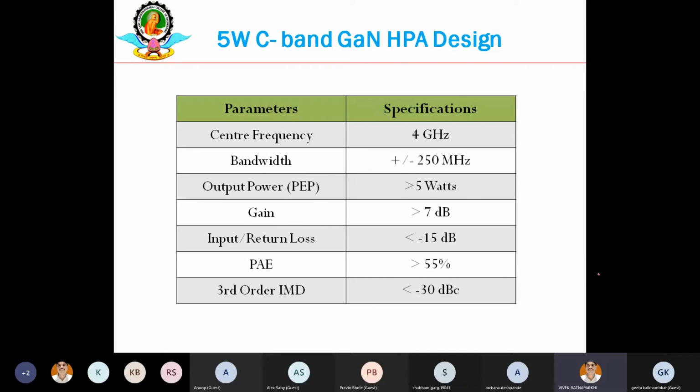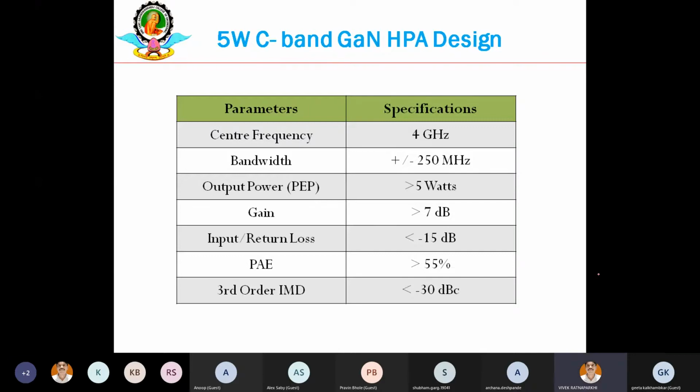amplifier. Now, with the brief, only 10-15 minutes I took, I started from the basic block diagram and I have taken you through different parameters. Now directly I will be taking you to the design of this power amplifier. As you can see, let us go ahead and design a 5 watt C band high power amplifier.